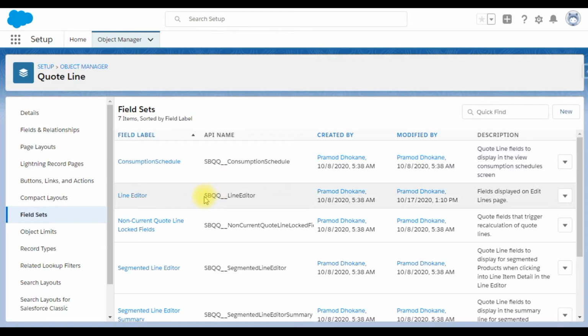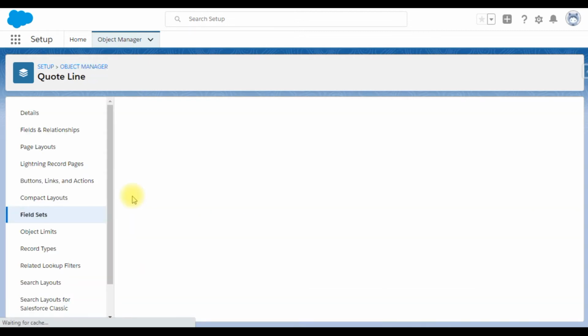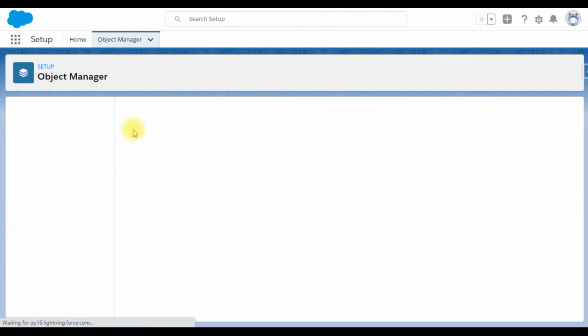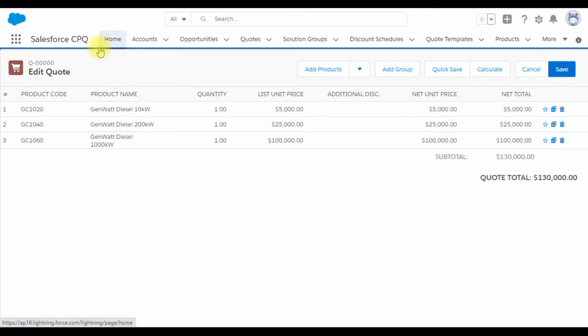We have a field set called line editor. Whatever fields you want to display on the quote line editor, you can simply drag and drop to this field set. This comes by default. Here I'm going to add a description field. Let's save it and get back to the quote and hit refresh.